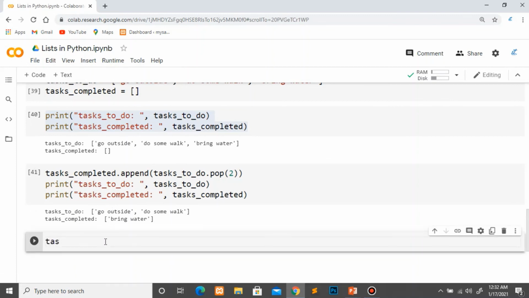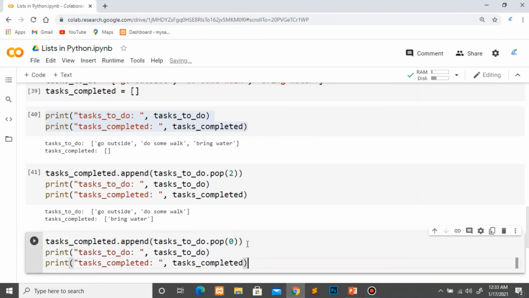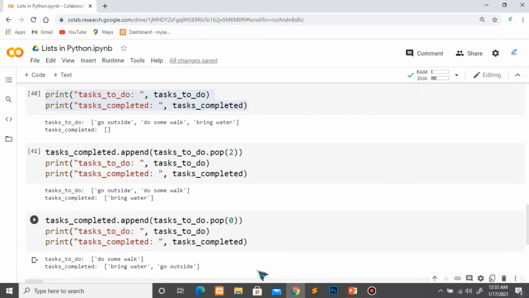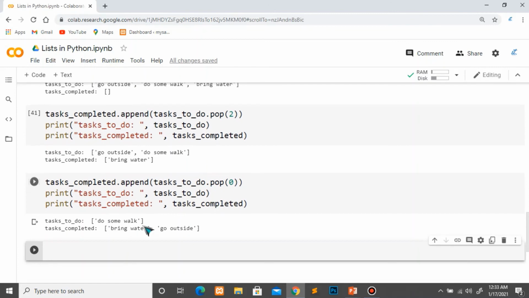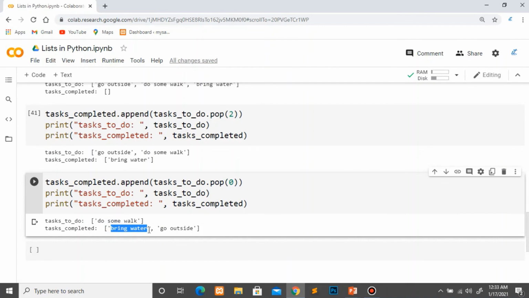Let's say this go outside has been completed, so I will write task completed dot append and task to do, and then pop. Here this go outside is at index number 0, so I will write here 0, and then again I will print these two lists. So here you can see now in task to do we have only one task that we have to do, and these two tasks have been added to task completed list.